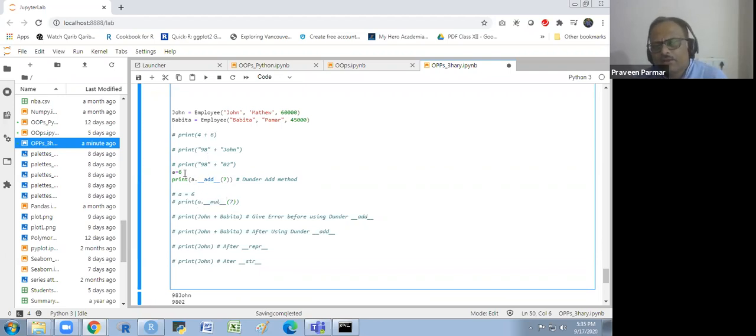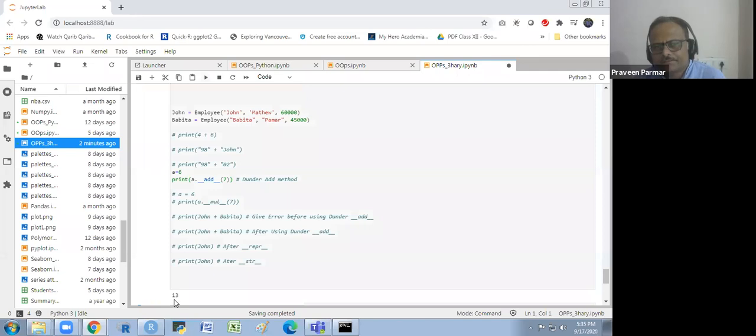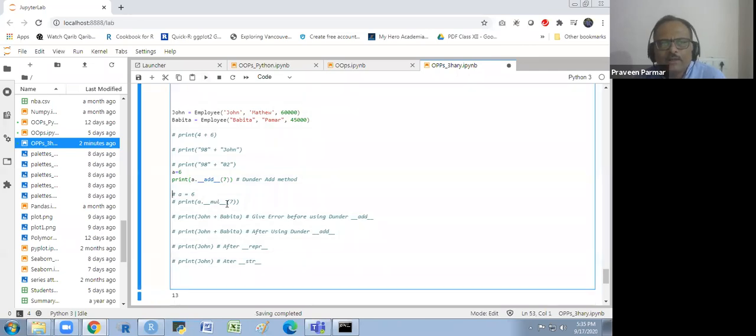I am giving the object 6, and what I am doing is a dot add 7. So 6 plus 7, I will get 13. Look here, I am getting 13. If I want to multiply this, 6 times 7 is 42, I will get 42.